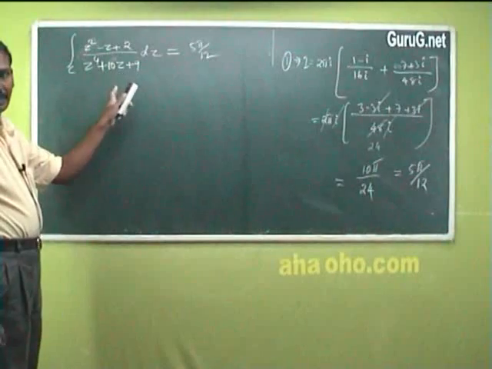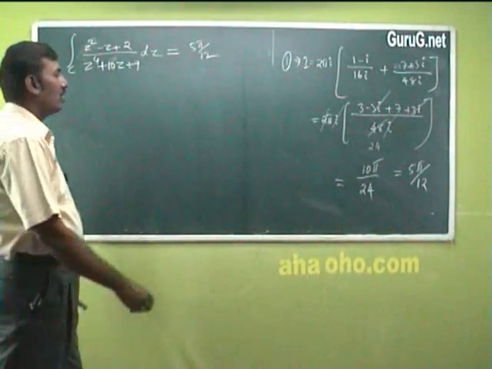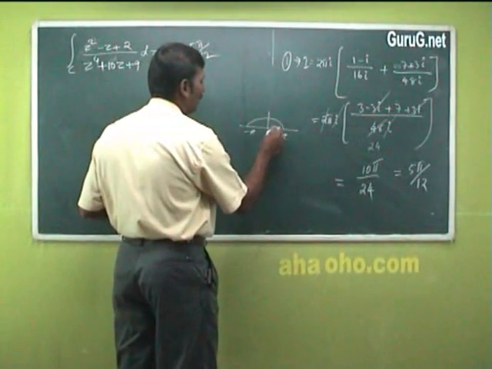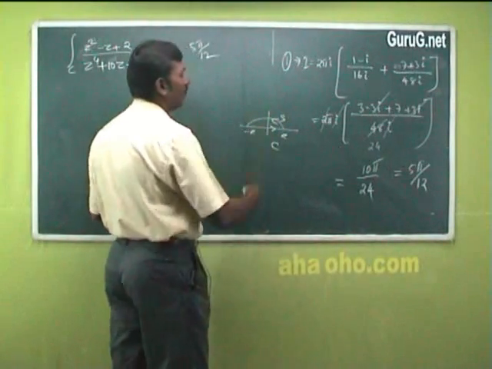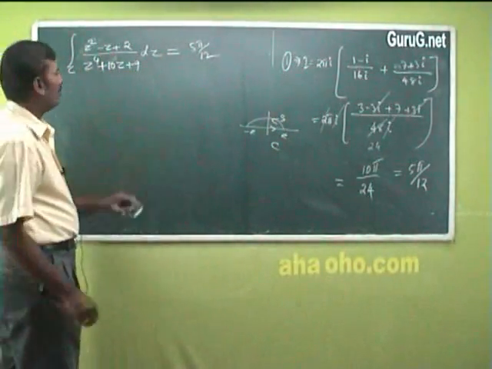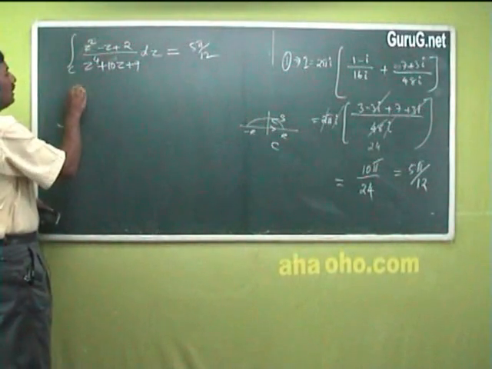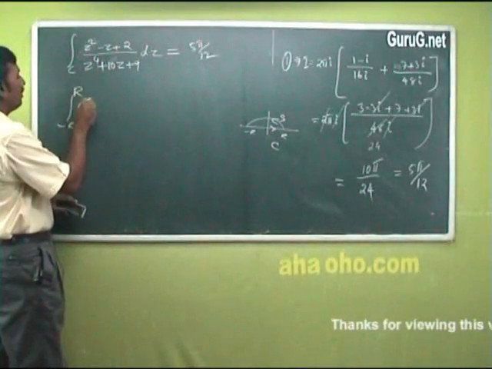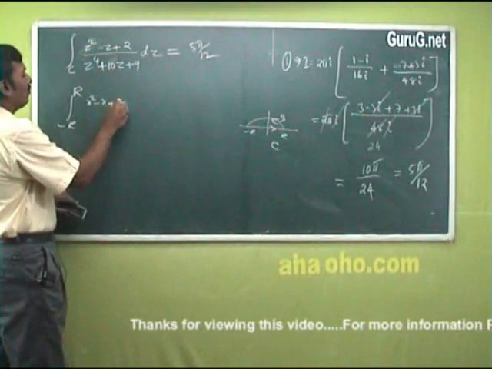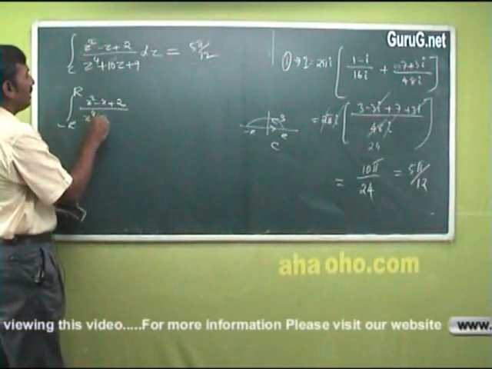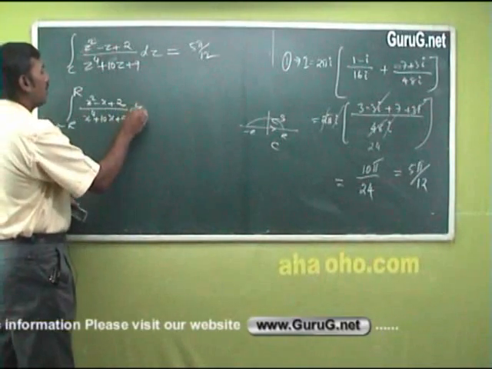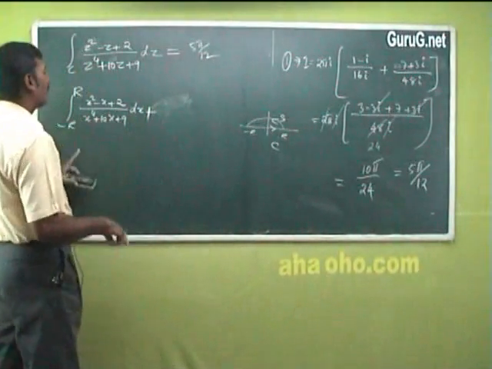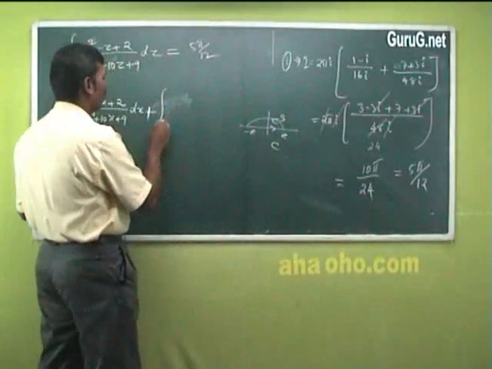But this C is nothing but what? C is nothing but a semicircular contour. So minus R to R and then S. So this is C. So now we replace C by this. So minus R to R. In this real line, the value of z is x, right? So integral minus R to R of x squared minus x plus 2 by x power 4 plus 10x plus 9 into dx, plus the integral over S,